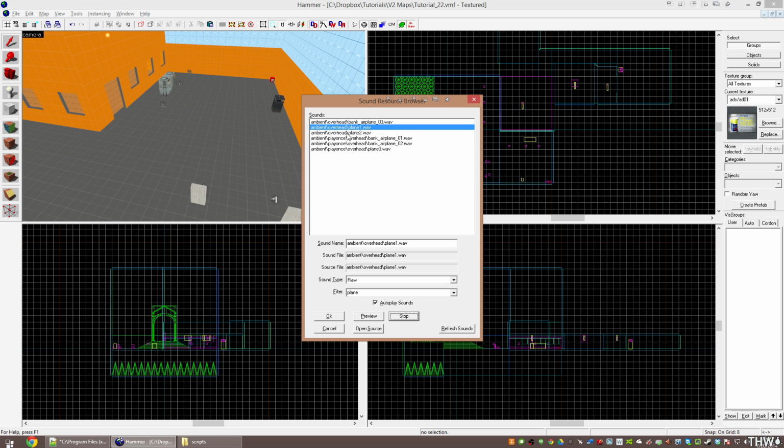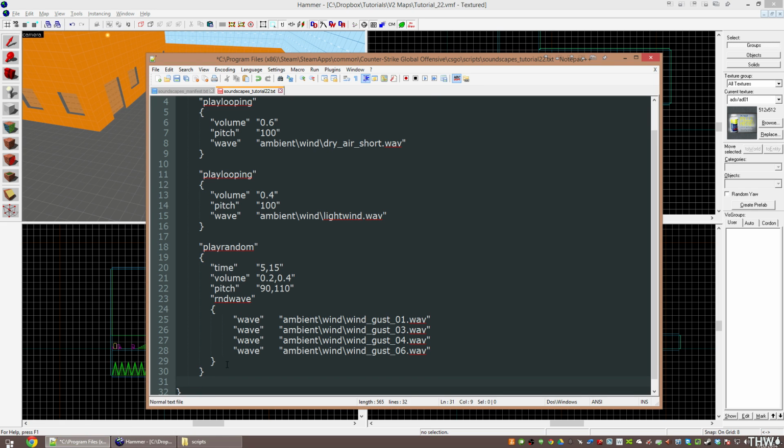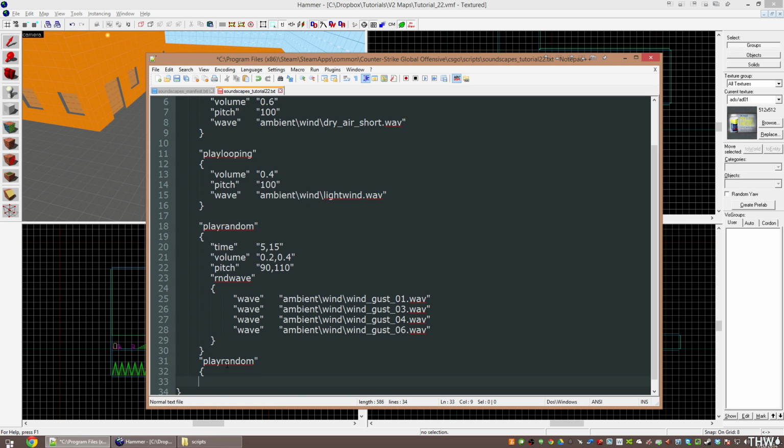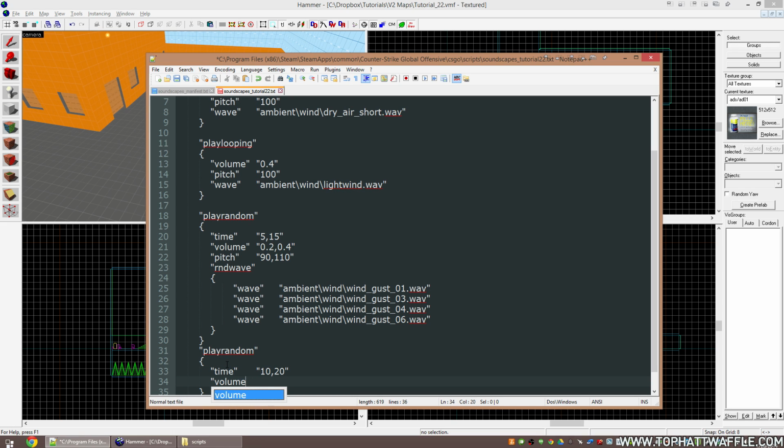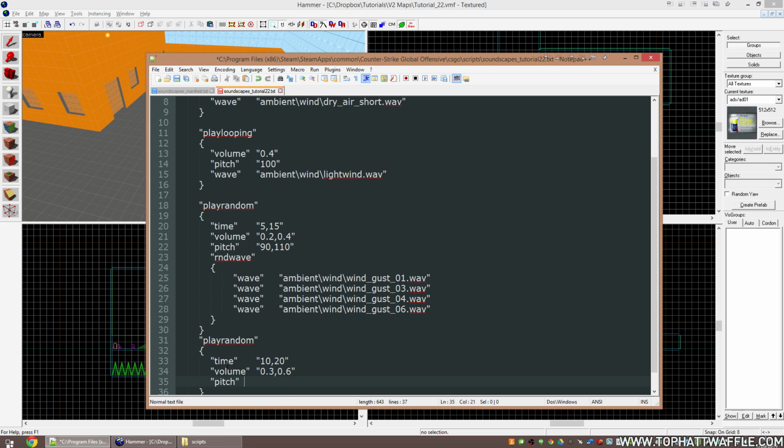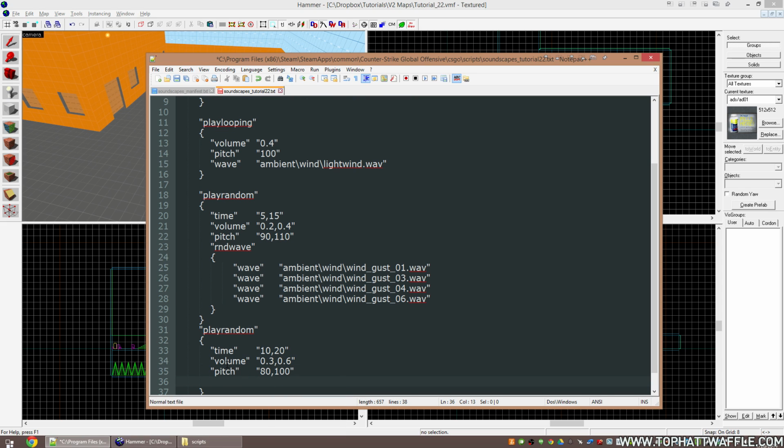And these sound like 4 good sounds that we can use for our airplanes. We're going to go back into our soundscape, and we're going to do another play random. Once again, another set of curly brackets, and the time, we're going to do 10 and 20. The volume is going to be 0.3, 0.6, pitch 80, 100, and then